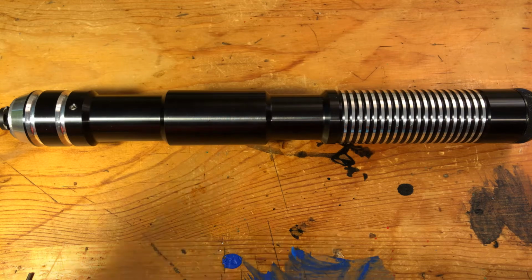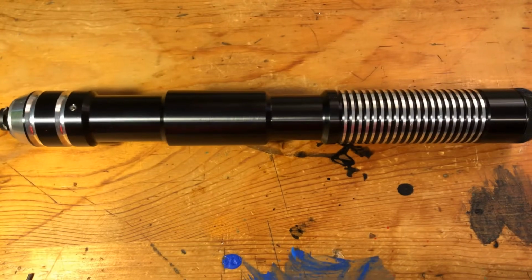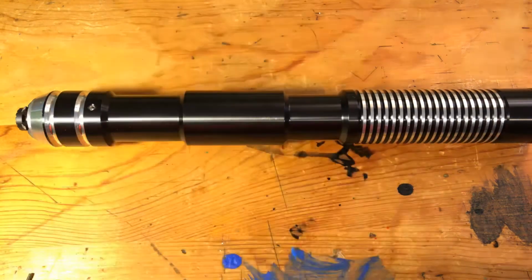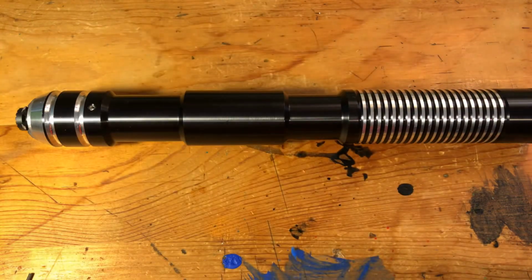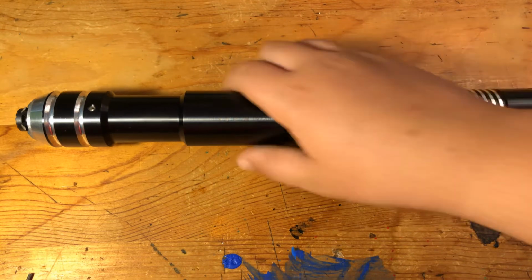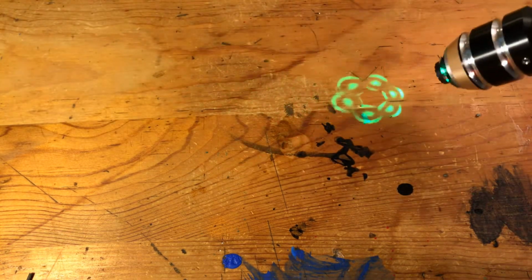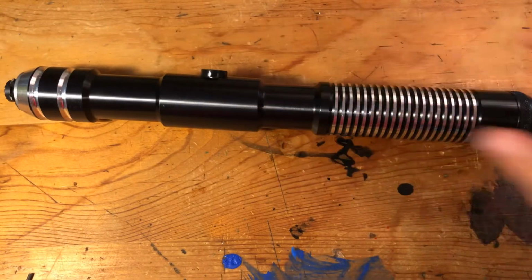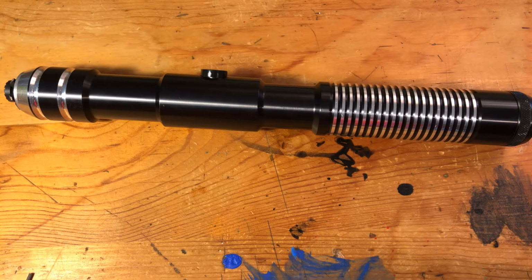The blade plug is just a top glued to a cut off part of a Saberforge blade without the paper. And it's got kind of a cool little design once you turn it on, and it's kind of interesting. It's going to show you the blade, but